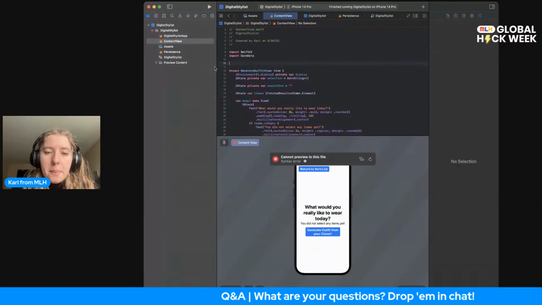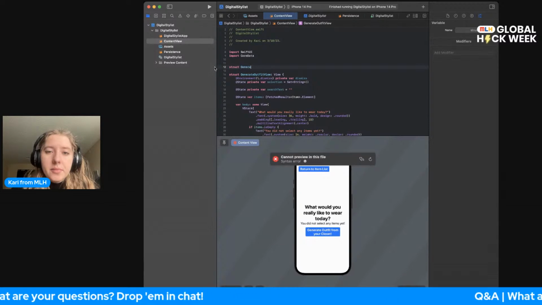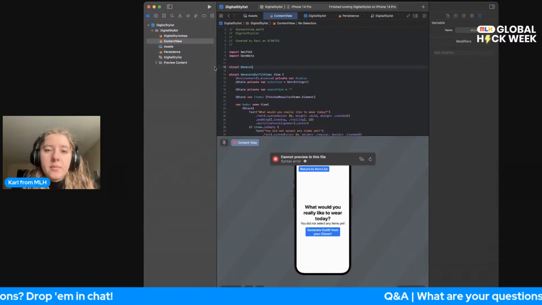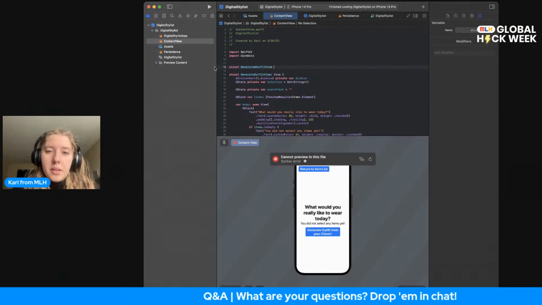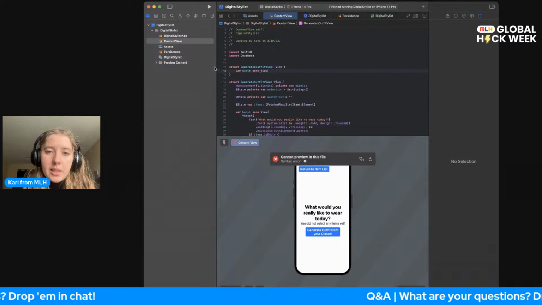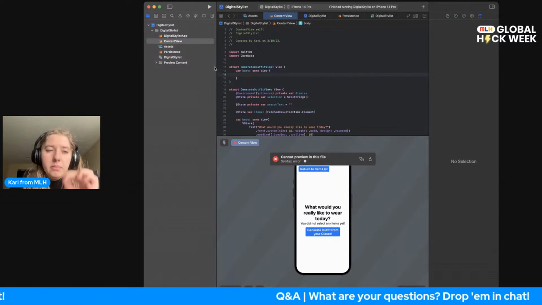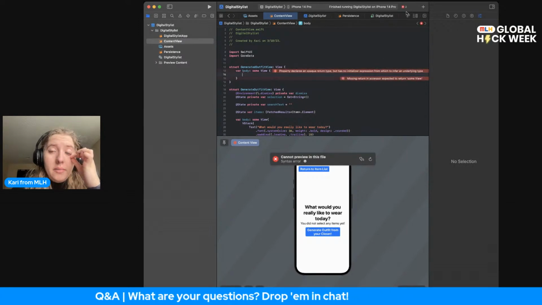So let's do something like struct GenerateOutfitView, which conforms to View. And then we have a var body, which returns some View, classic. We do this, and then we have, oh,